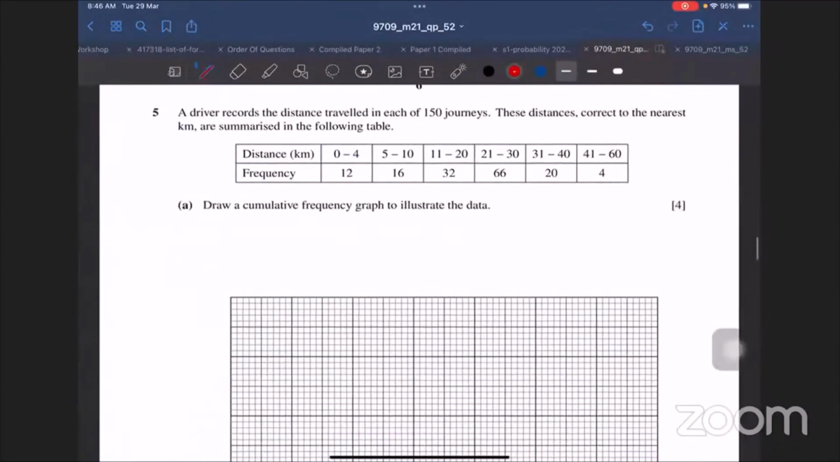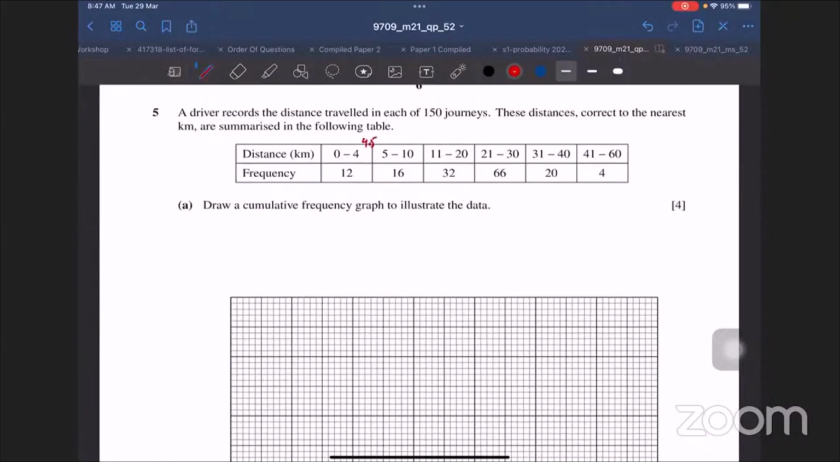Okay. Then it says the driver records the distance in each of the 150 journeys. These distances, correct to the nearest kilometer, are summarized in the following table. Draw a cumulative frequency graph to illustrate. In order to draw this graph, what I need to do first is make sure these classes are continuous